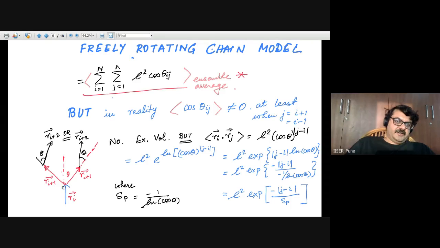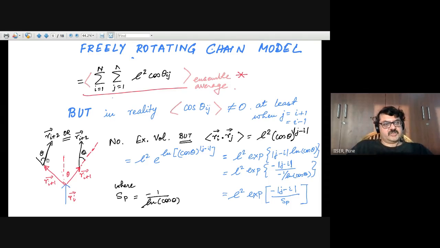On the other hand, if I plus 1 pointed in this direction, then I plus 2 could possibly rotate, maintaining an angle theta about this direction. Since this can rotate in all possible directions, correspondingly, this vector shall rotate, maintaining an angle of theta with whatever is the direction of I plus 1. Hence, I have drawn this and this, which are equivalent. So in terms of the calculations, all that you had to do was essentially,